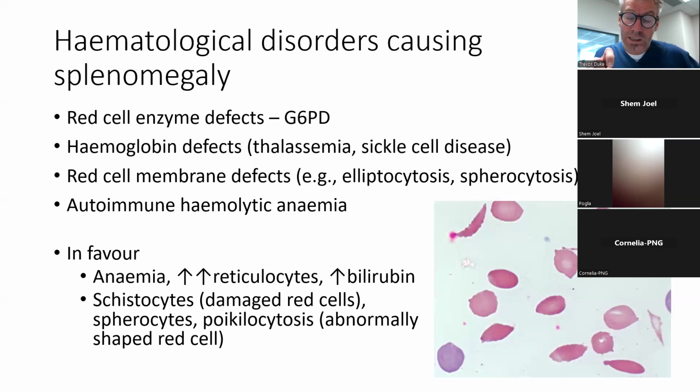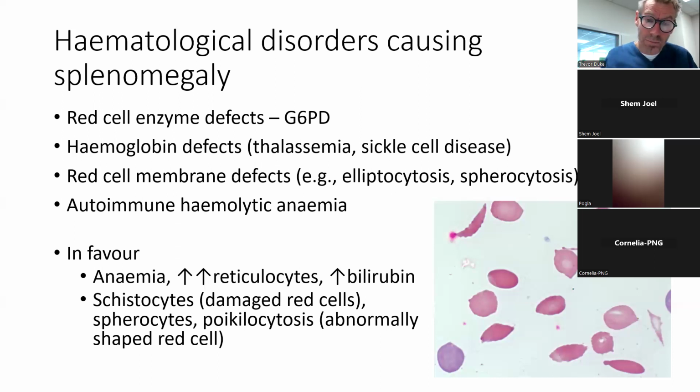What would be in favour of a red cell abnormality causing splenomegaly on the full blood count would be if there's anemia, increased reticulocytes and an increase in bilirubin, and then if you saw abnormalities of the red cells, like in this blood film. On the blood film, if there were schistocytes or damaged red cells, or spherocytes, which are abnormally shaped round red cells,